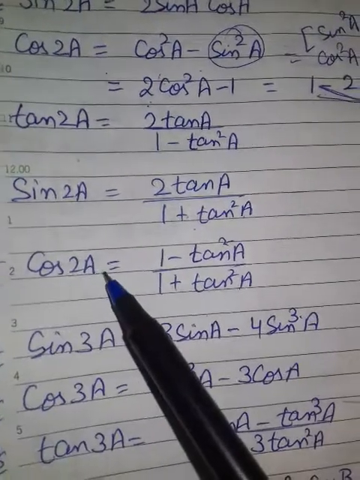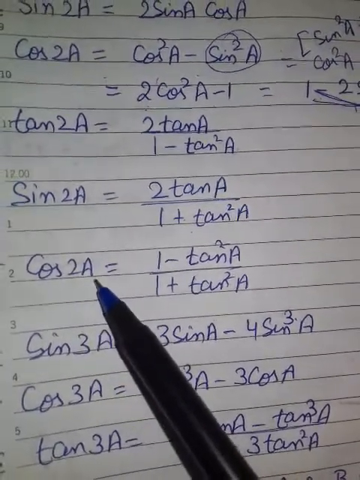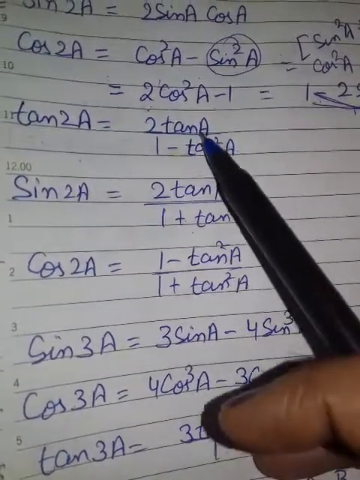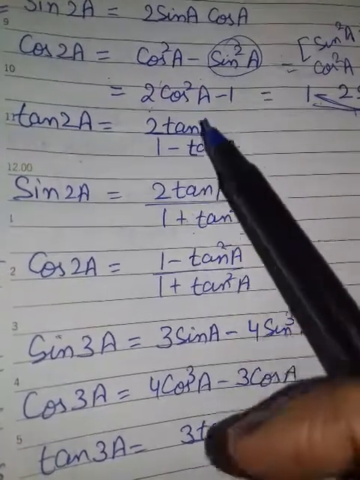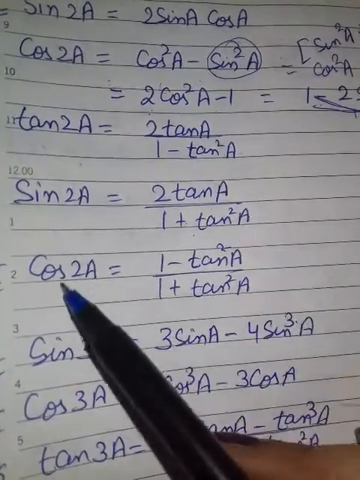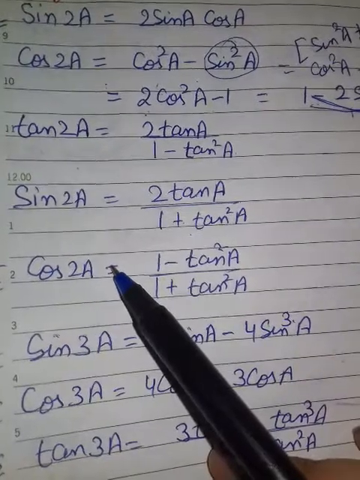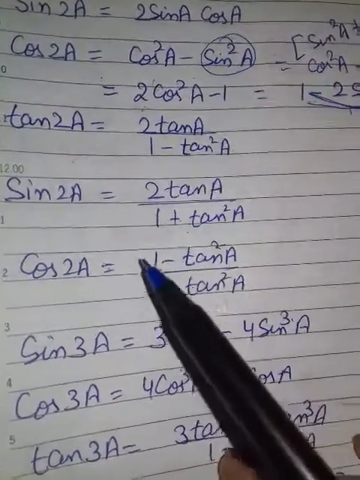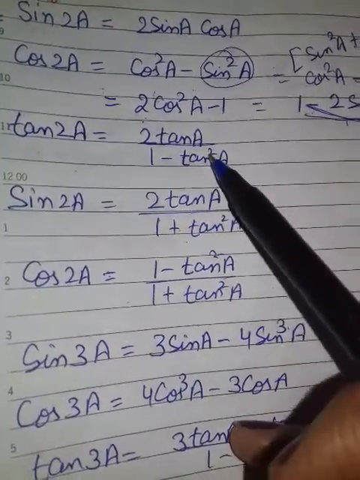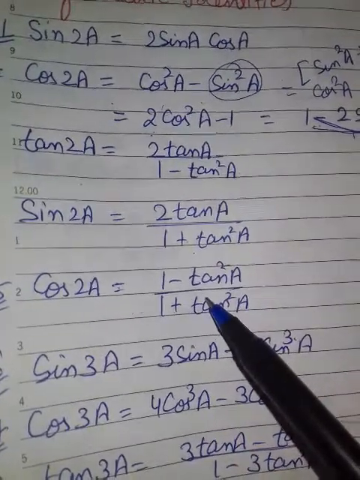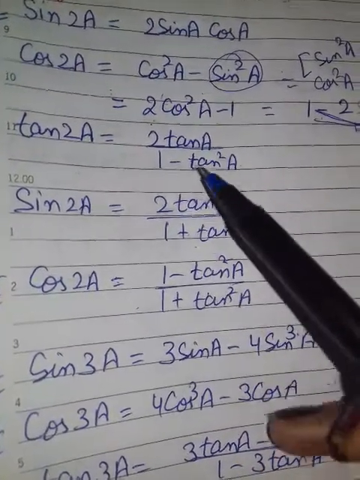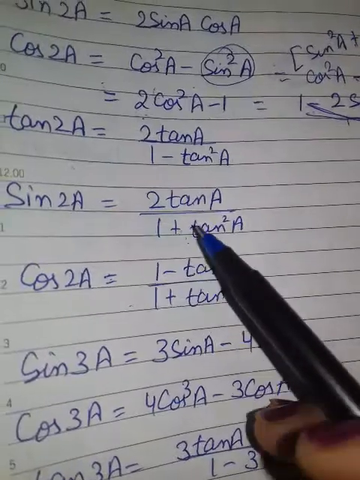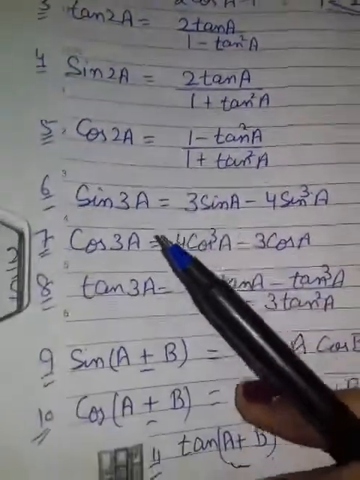Next cos 2a. Cos 2a, you know what is there. You see in sine and tan both will be cancelled, and you know cos 2a how will be obtained. Sine upon cos is equal to tan. In that manner you can find this will come in denominator. Clear? Similarly, if you know those two formulas, then you can find the third one also.